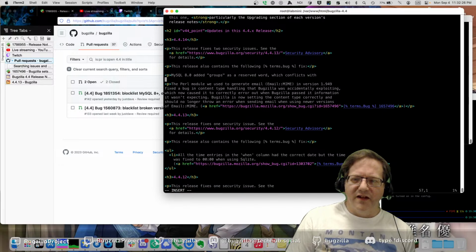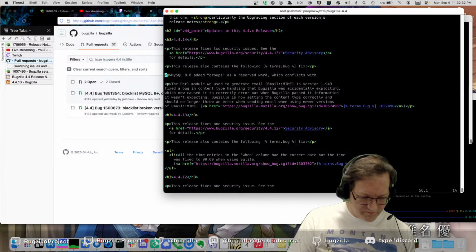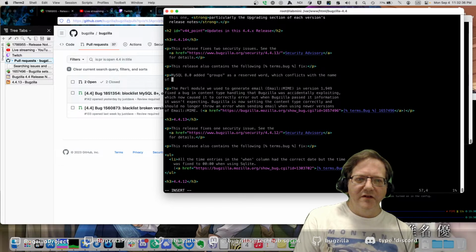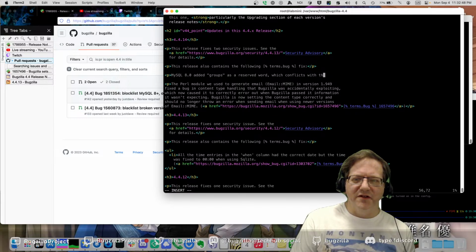MySQL 8 added groups as a reserved word, which conflicts with the name of one of Bugzilla's tables. Actually, I shouldn't spell out all of that. They can go read the bug if they want all the details.